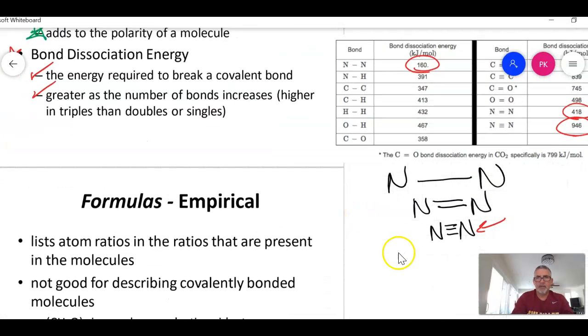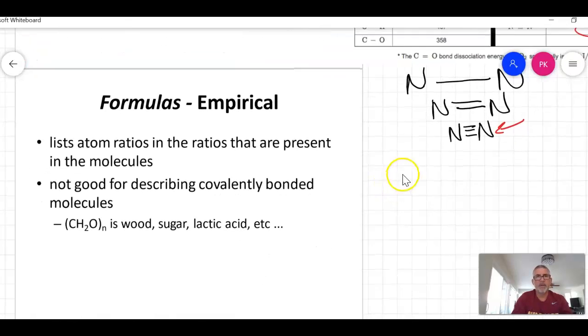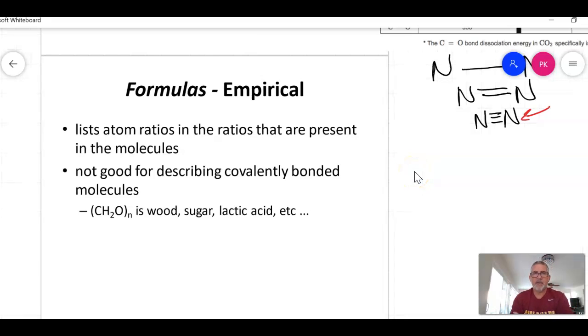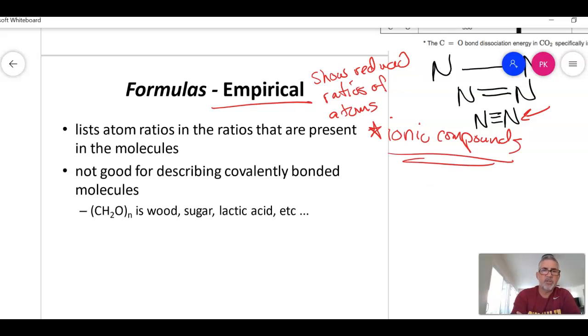All right, we'll talk a little bit about formulas. I'll just introduce them and then we'll reinforce them later. So there are different types of formulas I can show things in. Empirical formulas show reduced ratios. So we generally use these for ionic compounds, because if I had sugar,